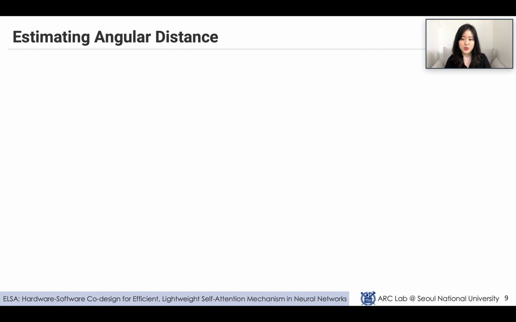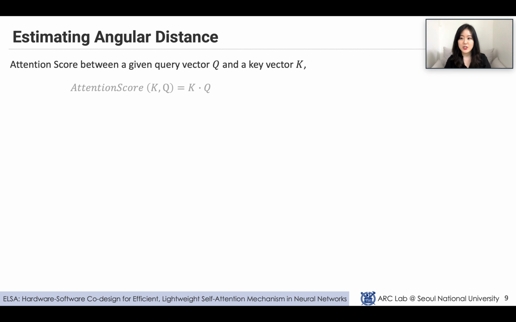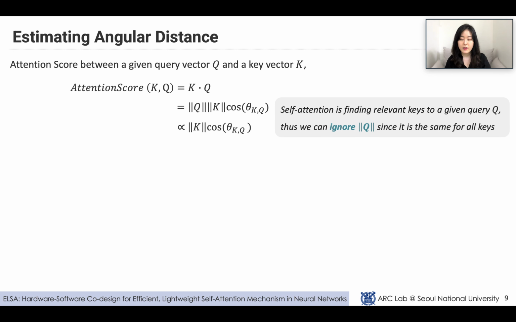Now let's dive into more details about how Elsa approximates the attention score. The dot product of two vectors is the multiplication of the norms of each vector and the cosine value of the angle between two vectors. Once again, self-attention is finding relevant keys to a given query Q, so for a given query, the norm of the query is the same for all keys. As a result, we can find relevant keys without knowing the norm of the query vector,